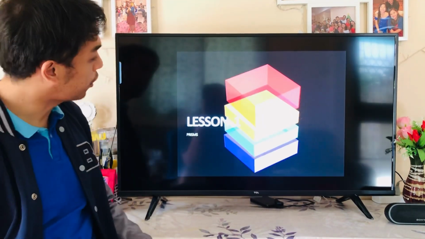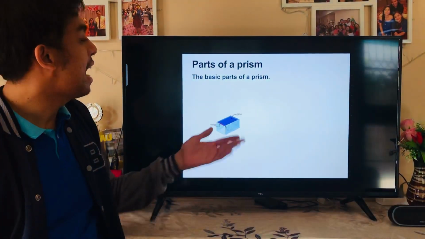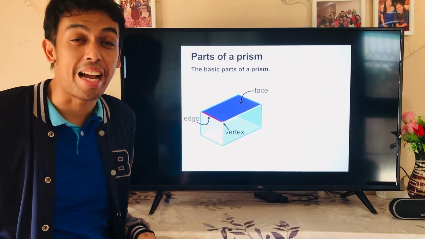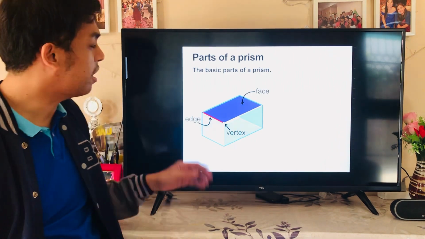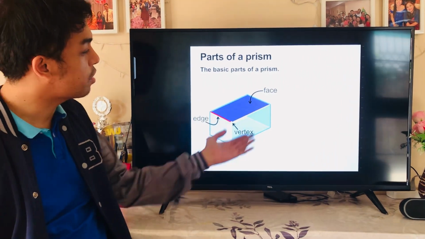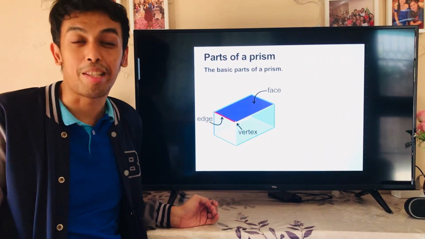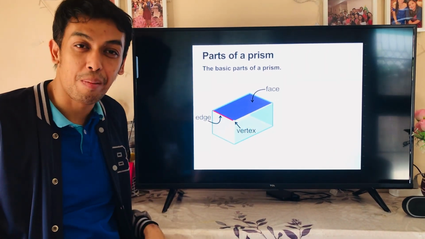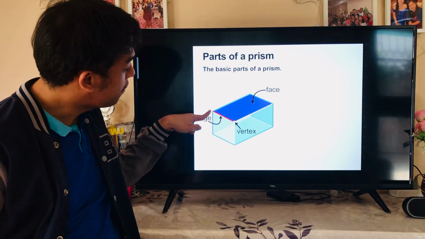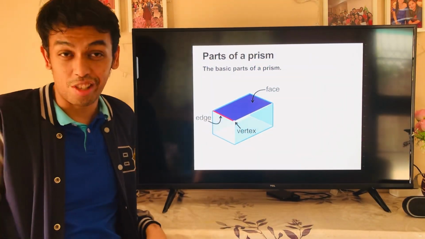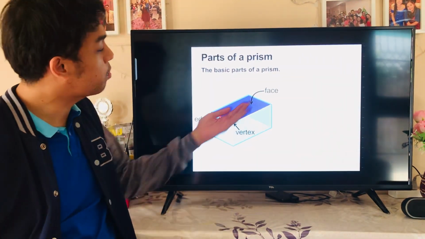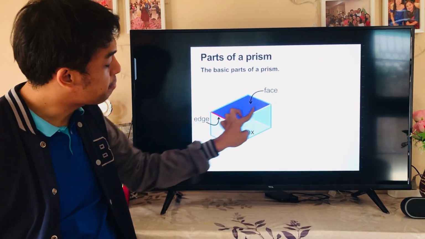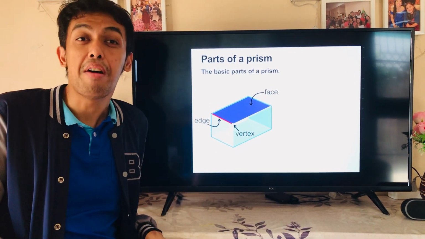Let's start with our first prism. And we're going to learn about, before the first prism, the parts of a prism. So here are the 3 parts of a prism. Let's say together, edge. In this picture, this red line here is the edge, okay? The next one is the face. This purple part here is called the face,